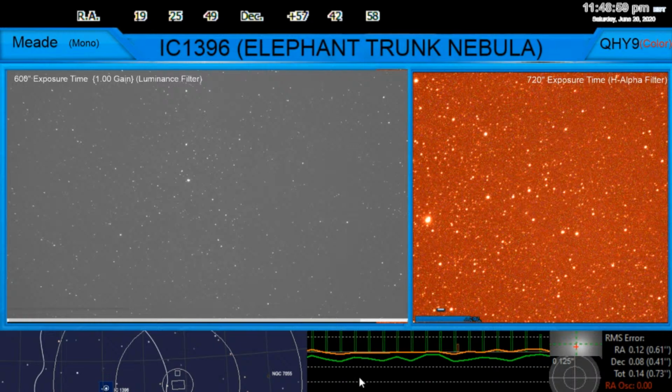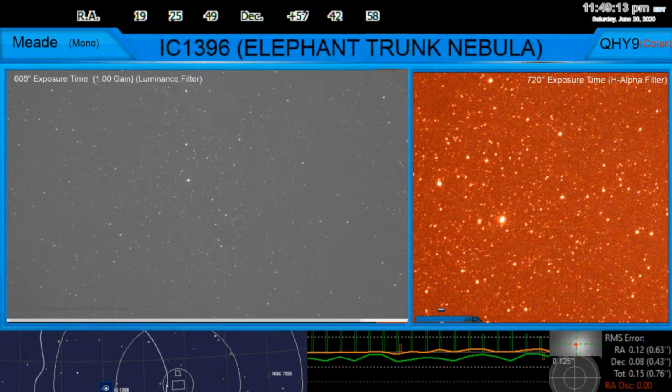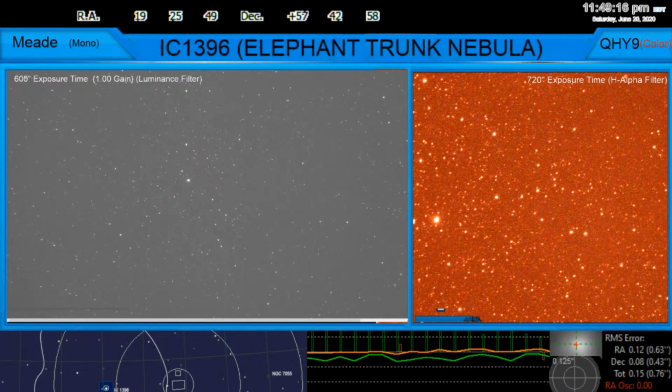The next object we're going to be getting is the Cave Nebula. Now, I don't know what's going to happen with this next object. I'm hoping we're going to get some detail, but I can't make any guarantees with the next object. What I can do is this. Let me go to...